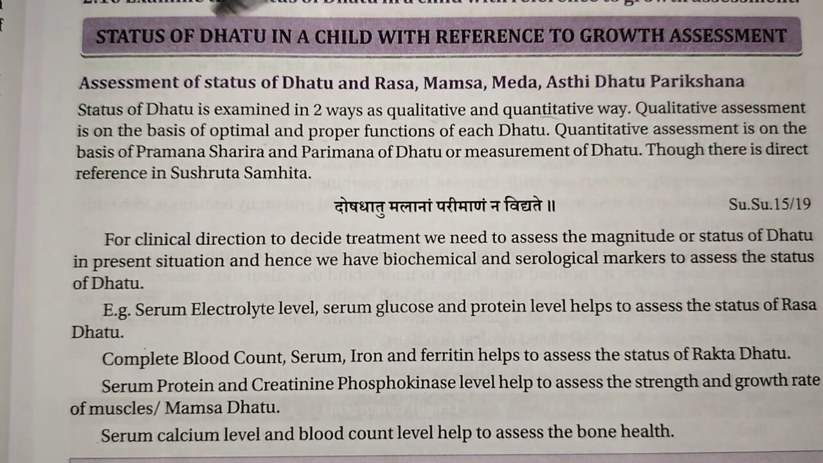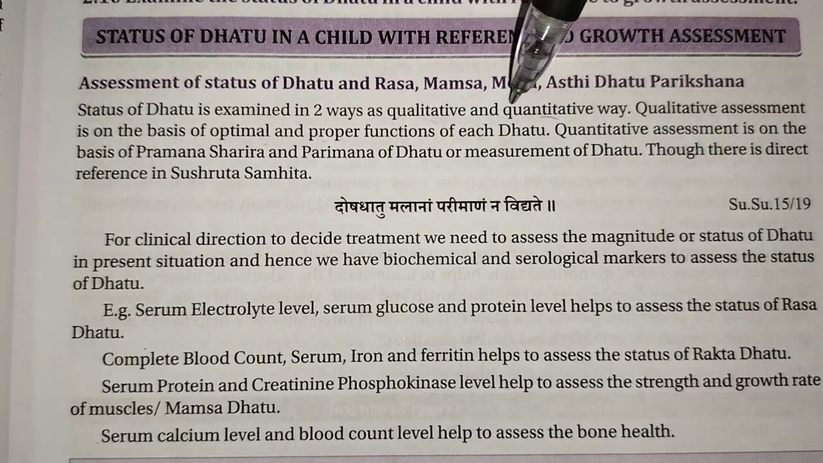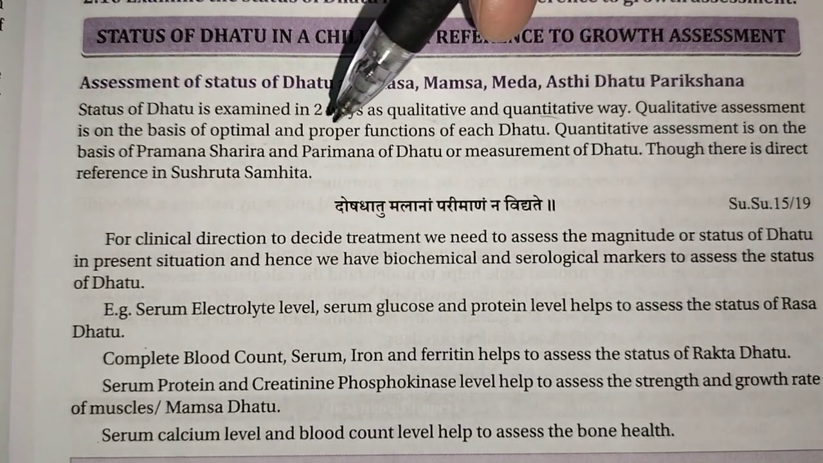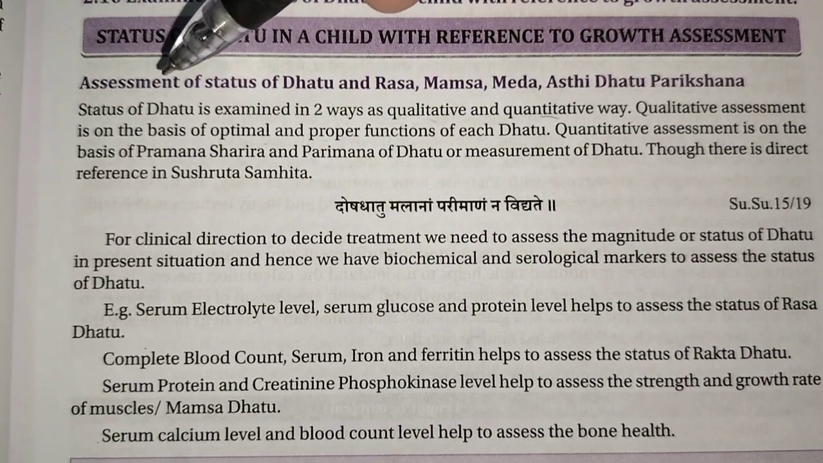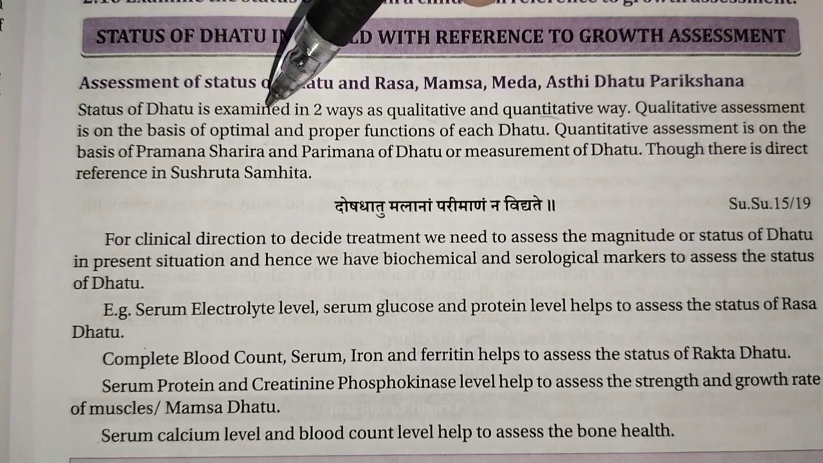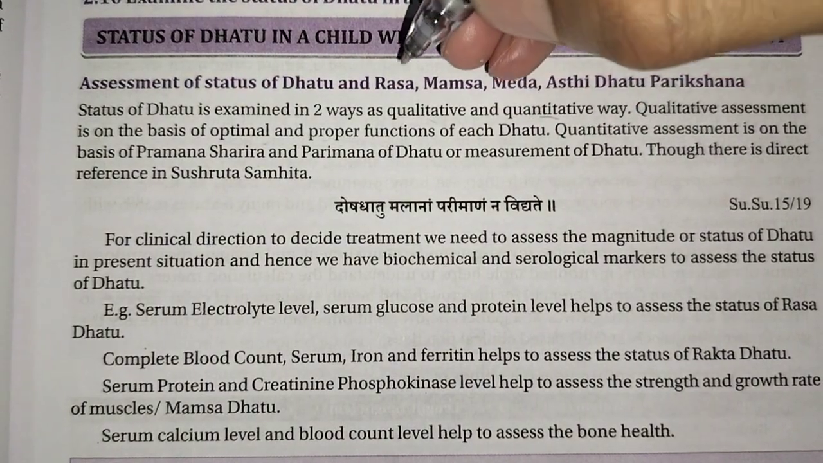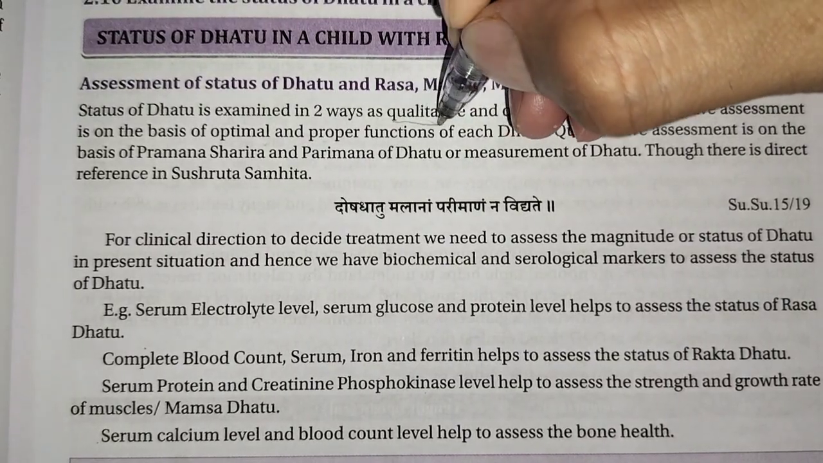So the assessment of the status of the dhatu, rasa, mamsa, meda, asti, these are the dhatu parikshana. For doing the dhatu parikshana, how they will be developed, we're going to discuss it. The status of a dhatu is examined in two ways. Mainly the status of the dhatus is examined on the basis of a qualitative assessment and